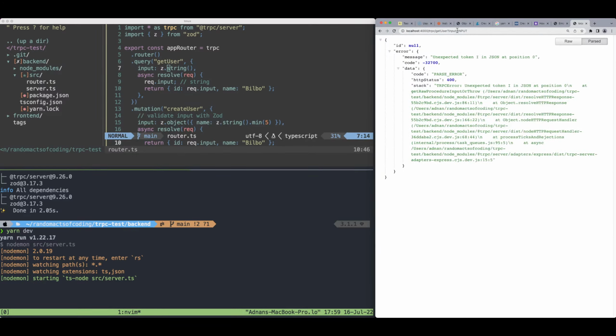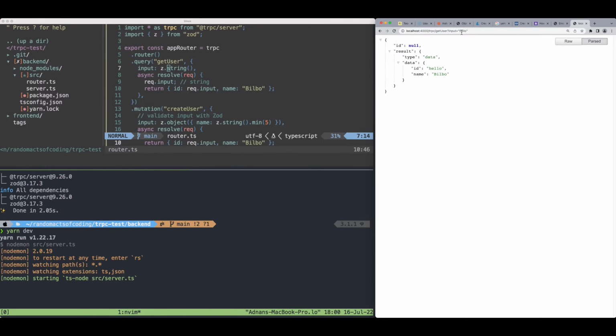Unexpected token I. So that might be this I here. So if I say hello, that's unexpected token H in JSON. So it's expecting this to be, oh, okay. I think it wants it to be a string. All right. So now that's working because it wants it to be JSON, which means, right, because the input will,